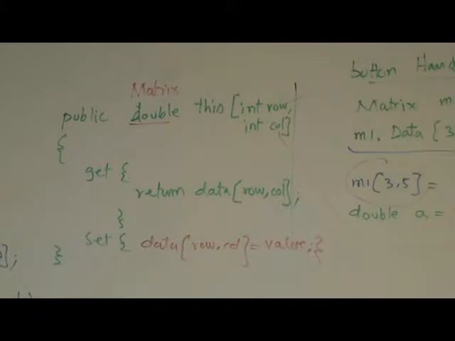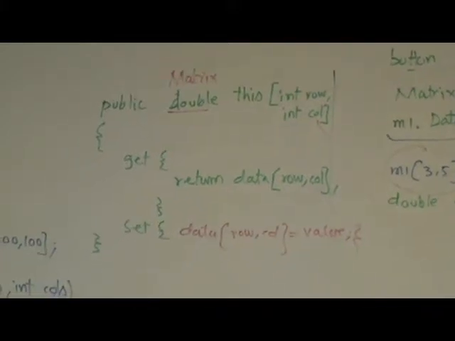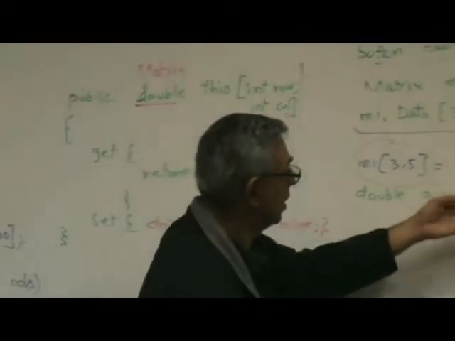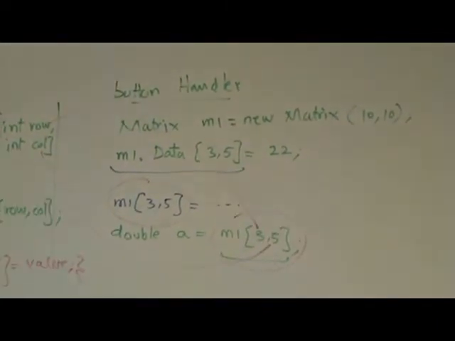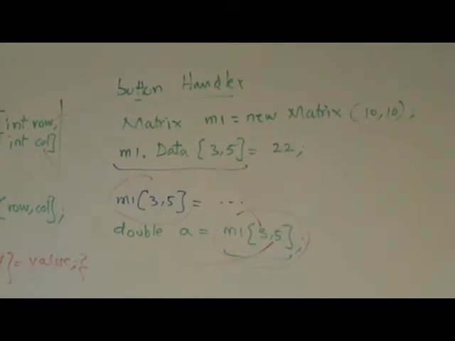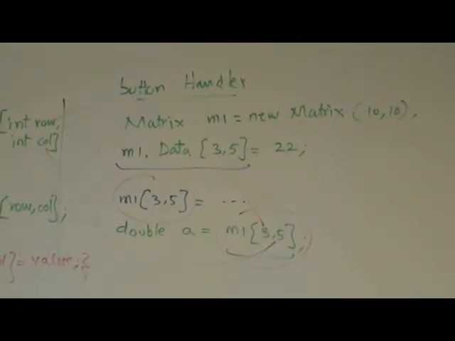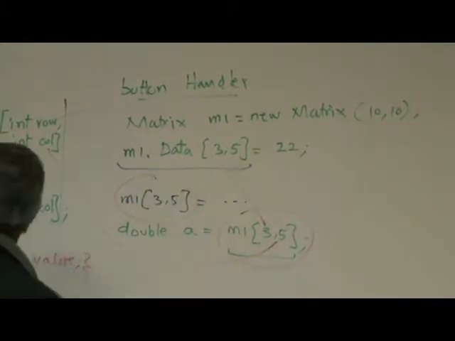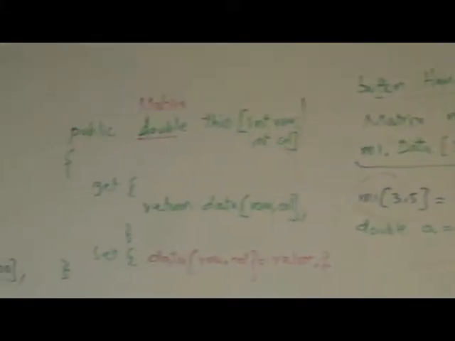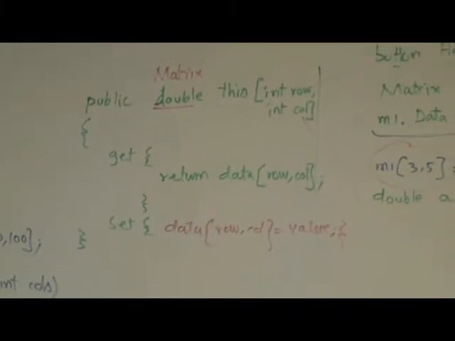So, the bottom line I was trying to make is that indexers, once we have written them, especially when arrays or collections are involved, make our access very intuitive, so that you don't have to keep saying dot and then something, right? Further, like we talked about the university class,